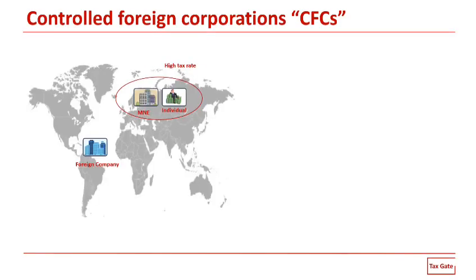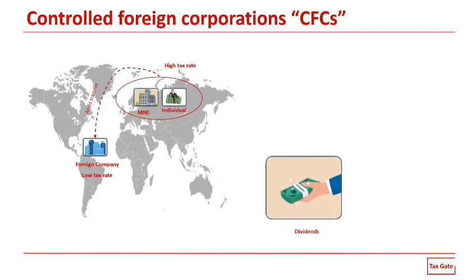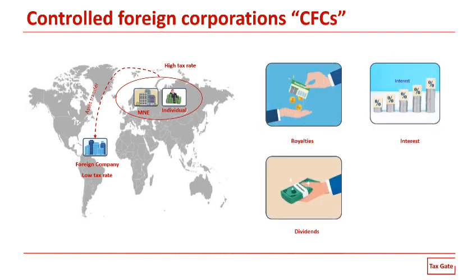So, why CFCs? Well, controlled foreign companies would be normally used in tax planning when large corporations transfer their assets to a foreign company within the jurisdictions with low tax rate than the home country. And normally such would include dividends, interests, royalties and capital gains that would be typically directed to the CFCs where the low tax rate is applied.